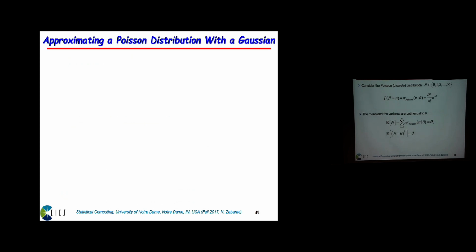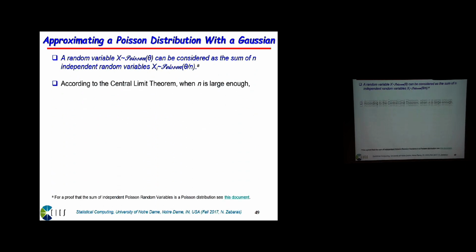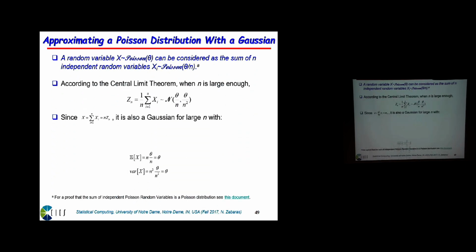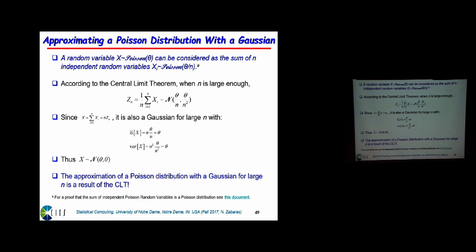Okay. So I'm giving you a derivation actually here, and maybe I will highlight it very fast, okay? That I can approximate a Poisson distribution with a Gaussian with mean theta and a variance theta. Sounds very weird, right? You have a Gaussian where the mean and the variance are the same. Well, if you really want an approximation to the Poisson distribution, this is the Gaussian that does it.